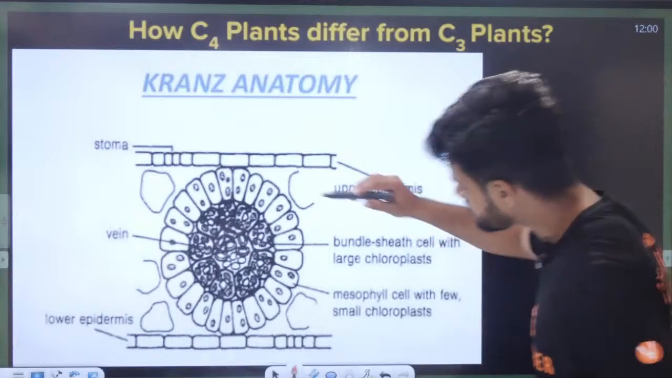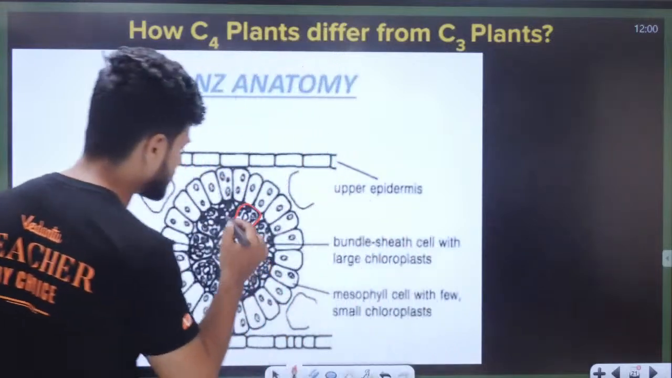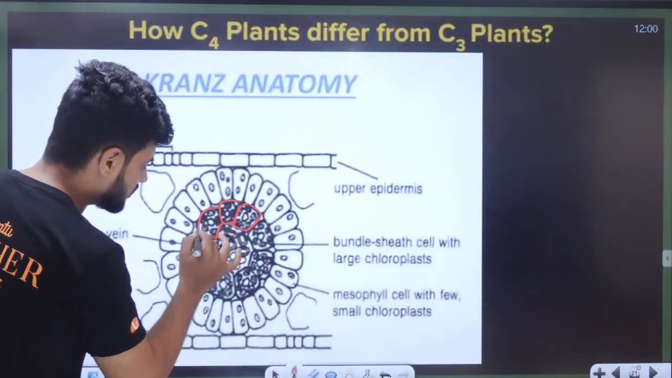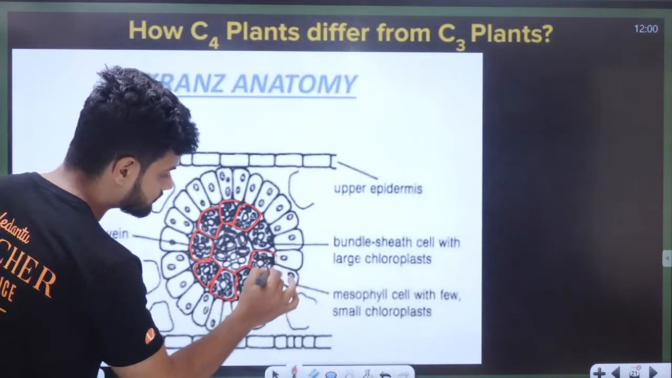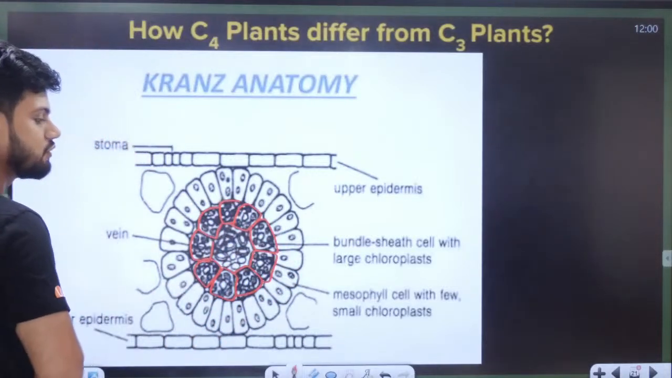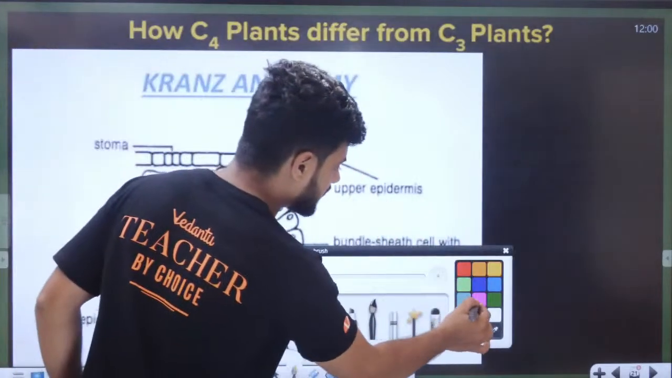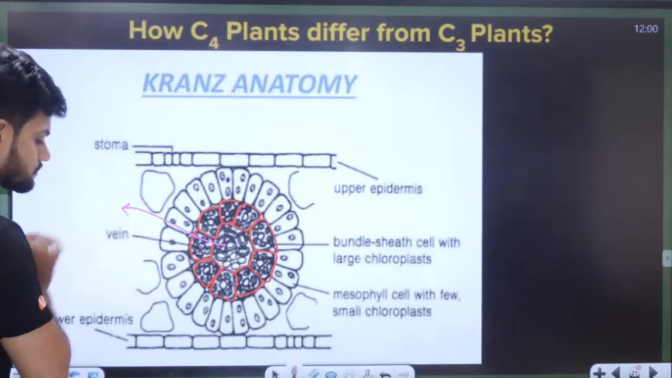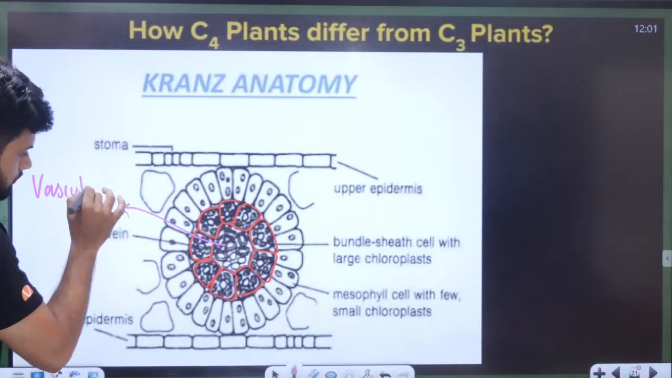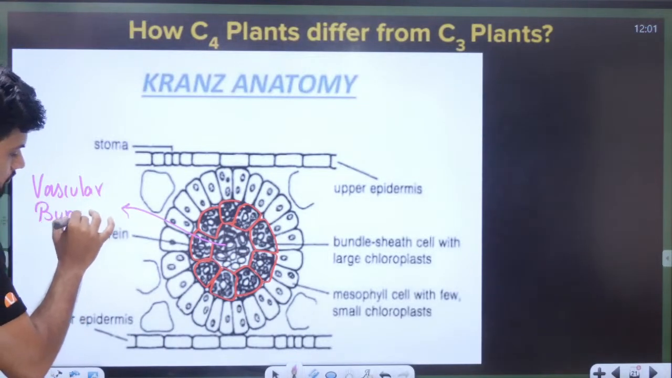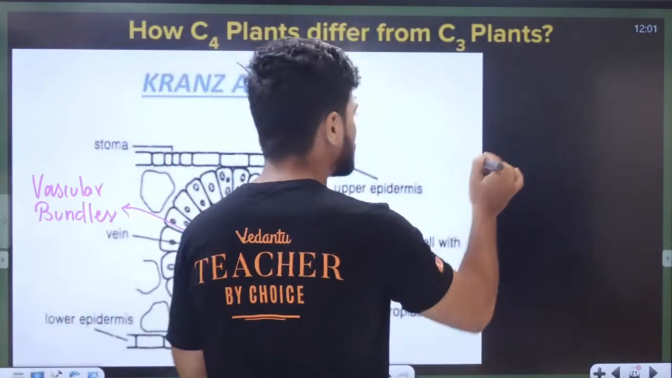Can you see here? Right here are the bundle sheaths. Bundle sheaths are arranged in a wreath-like structure. On the inside, we have the vascular bundles. So what is happening here, students? Nothing is happening here. The main thing is the vascular bundles